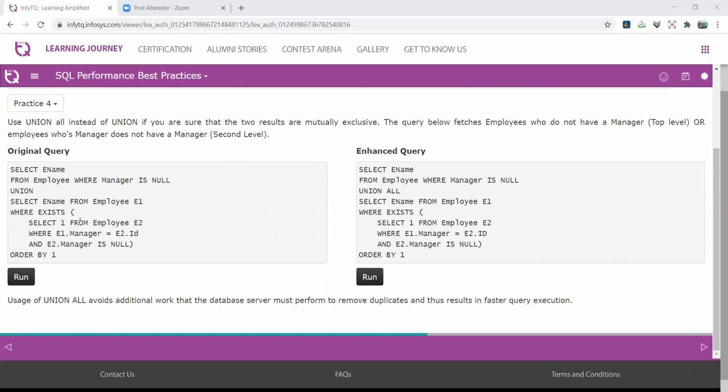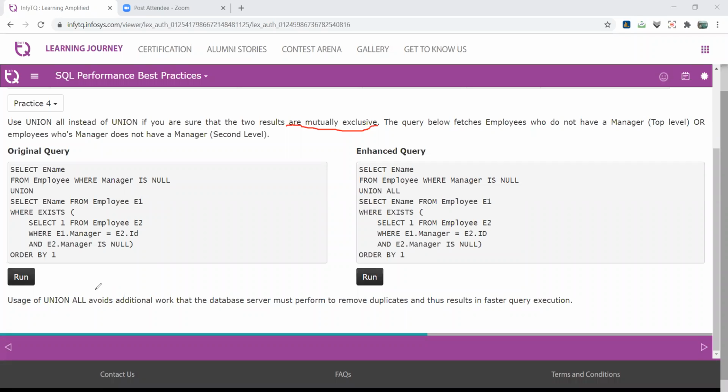Now, in the EXISTS point of view, SELECT 1 FROM employee E2, where E1.manager equals E2.id and E2.manager is null. Now, this is the second part of the solution. Now we perform the UNION. And I already told you these are mutually exclusive. We know the set of elements A and the set of elements B are mutually exclusive.